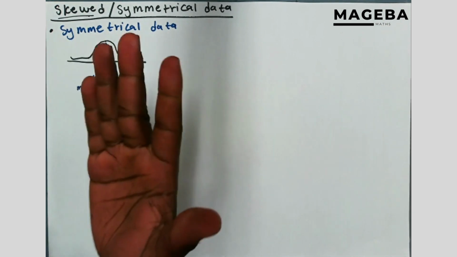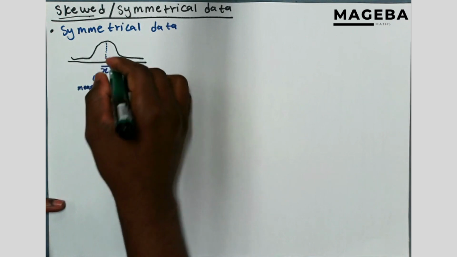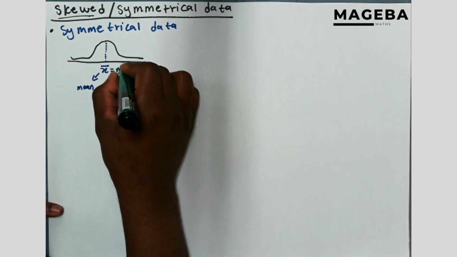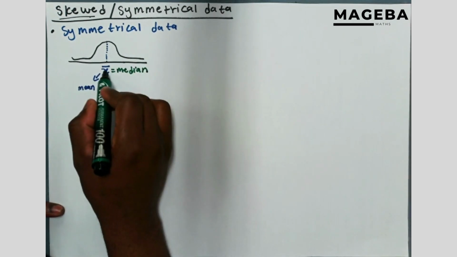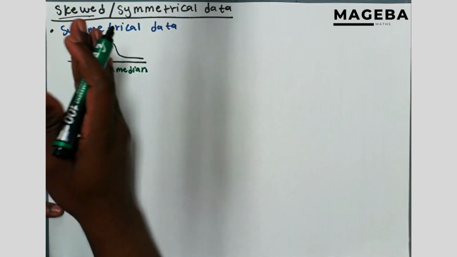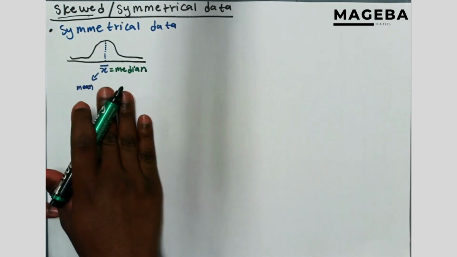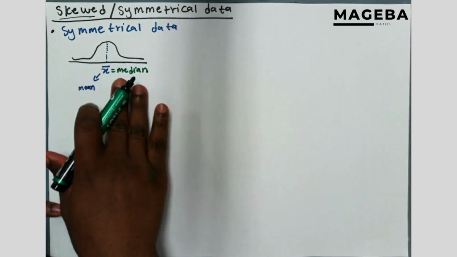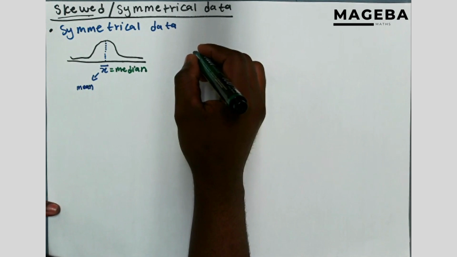Now, when the data is symmetrical, the mean is equal to the what? To the median. This is the mean. But if your data is symmetrical, the left hand side is equal to the right hand side. Symmetrical data means the mean is equal to what? To the median. Comparing it to the box and whisker,